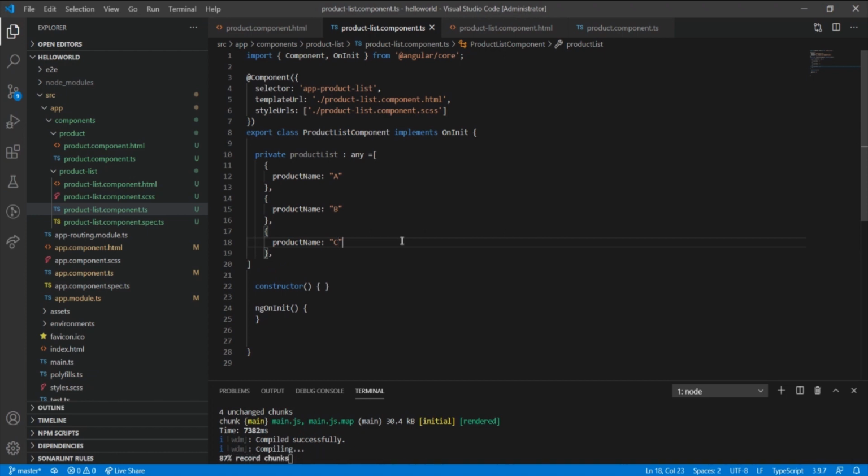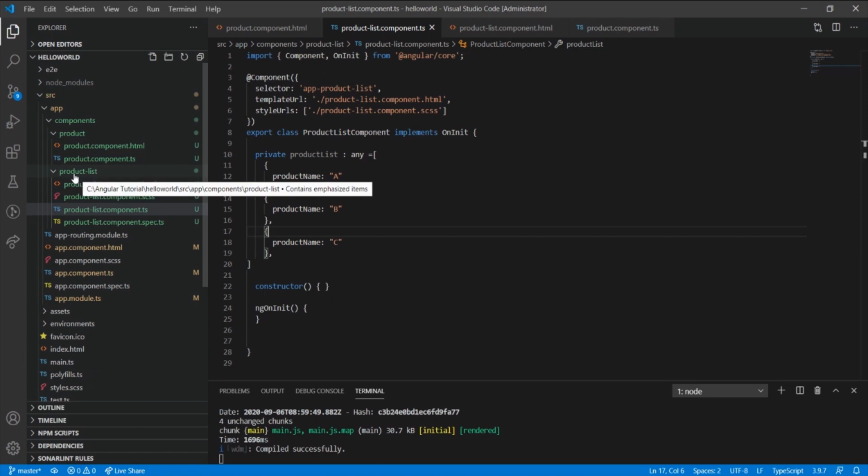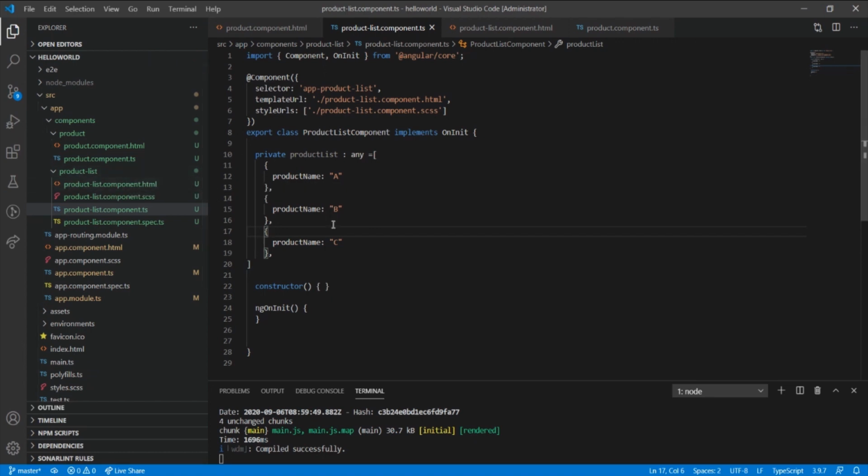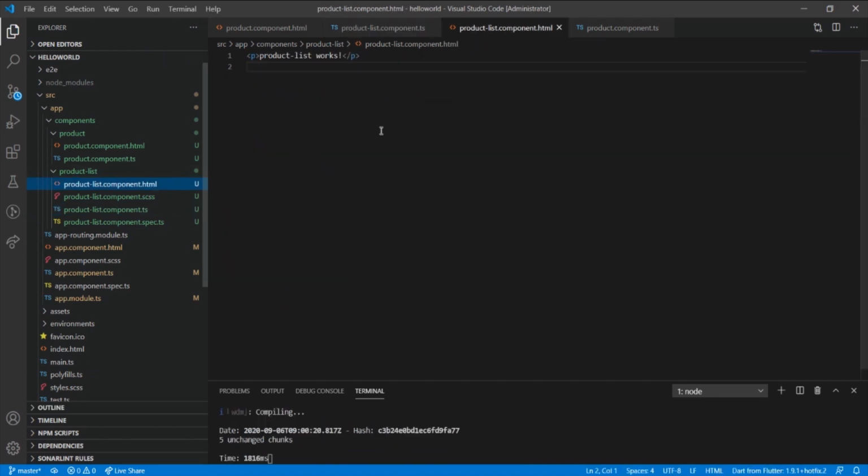and in real time you will get this product list from some API. For this example, let's consider that this is your product list, and the product list, as it's a parent component, will get all the products from some API. So we have these product details inside this variable. Okay, and let's go to the view of the product list.